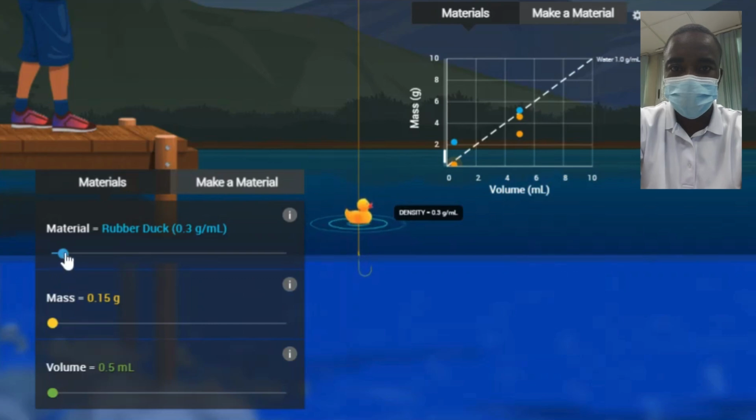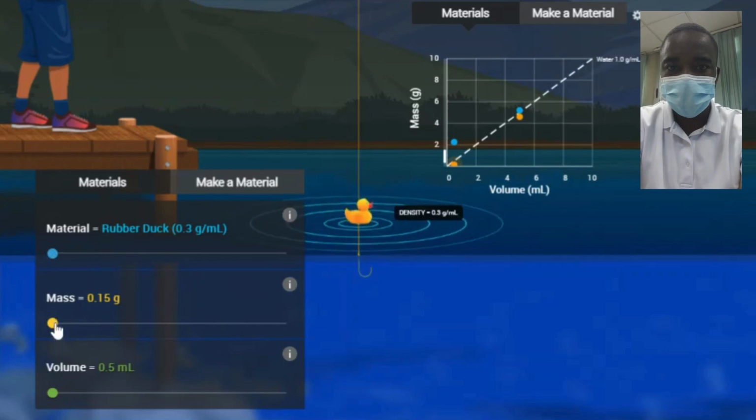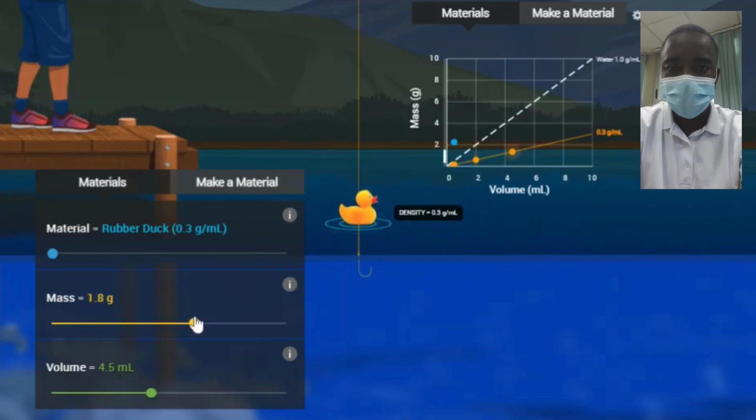Density is a fundamental concept in science that describes the relationship between an object's mass and its volume. It is a critical property that determines whether an object will float or sink in a fluid. To help students grasp this concept effectively, a virtual simulation can be designed to explore the density of various materials,